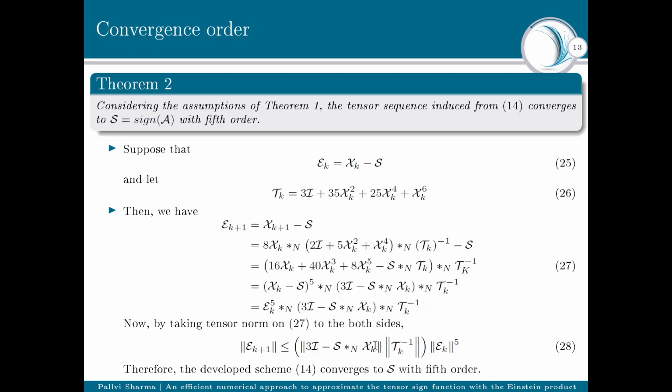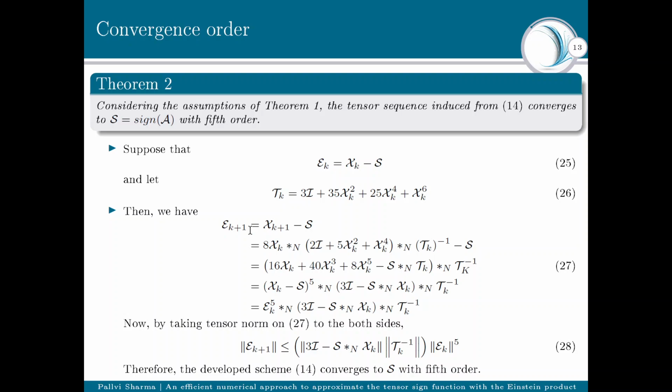That is 5. Our iterative method converges to sign of A with convergence order 5. And for proving this, we have considered this epsilon k as xk minus s, and then we have computed epsilon k plus 1. And when we applied norm on both sides, we get that norm of epsilon k plus 1 is always less than or equal to this bounded part into epsilon k raised to power 5,